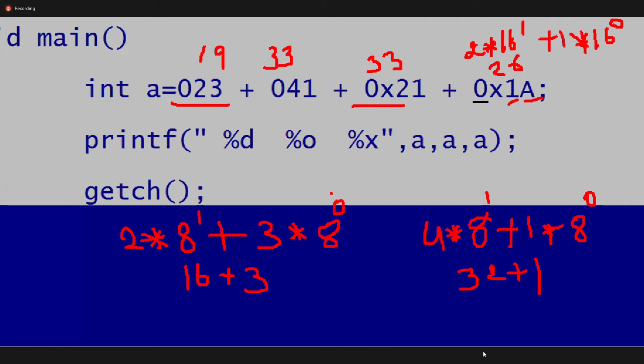Now the total value: add 19, 33, 33, 26 and so on. This value is 111. Are you following, guys? The total is 111.